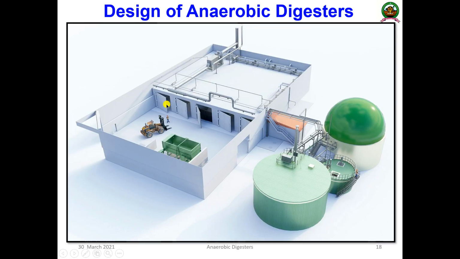Then this is the simplest design of an anaerobic digester. You can see all these chambers, the pipelines, and you can see the digesters, and from here how the digestion is happening. So this is the engineered design of an anaerobic digester. This is a very huge system. It requires a certain space. So that is the thing.